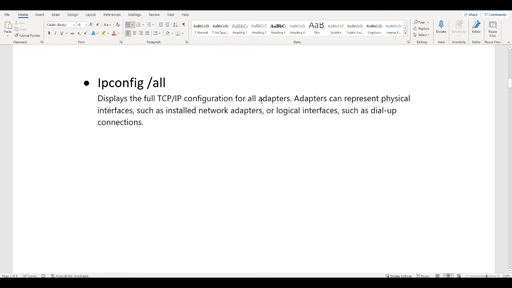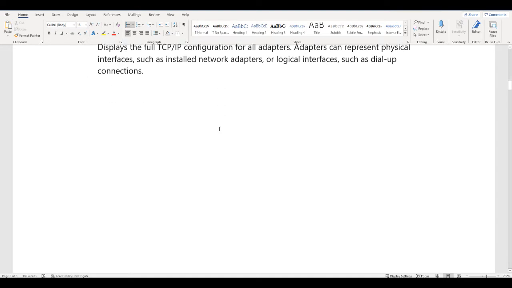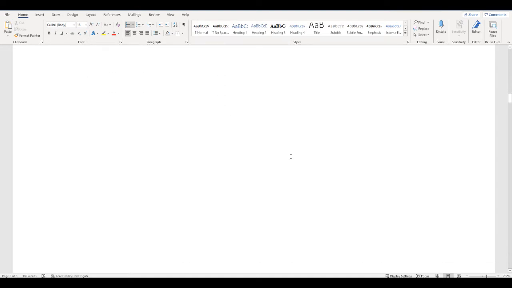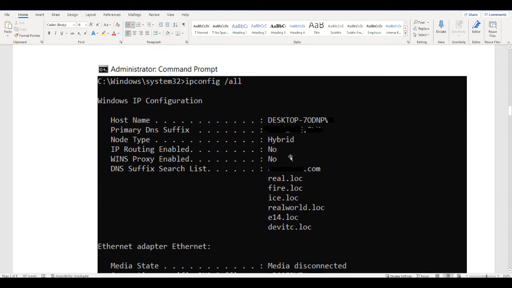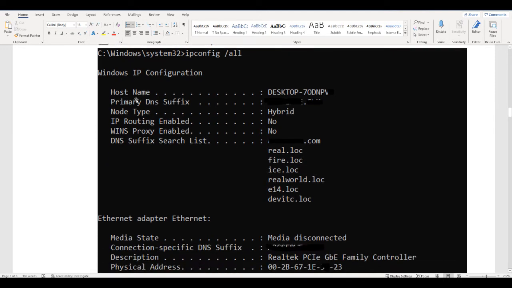Whatever adapters are connected to your machine, it will display all the information about them. Open command prompt as administrator and type the same command, ipconfig /all. It will show your computer name, and in case it is connected to a domain, it will show the domain name.